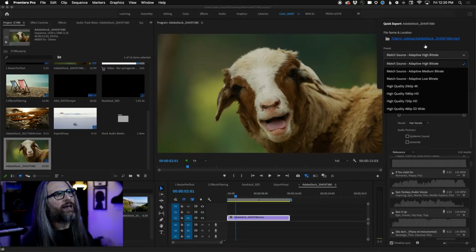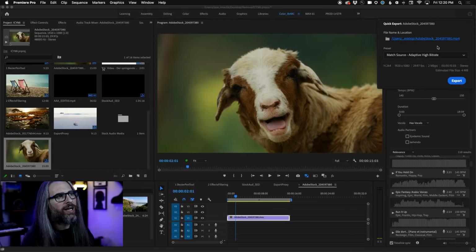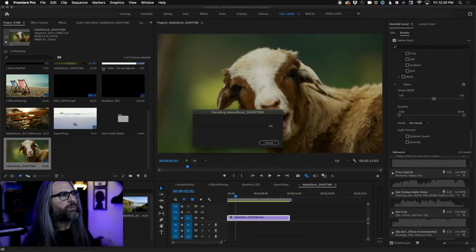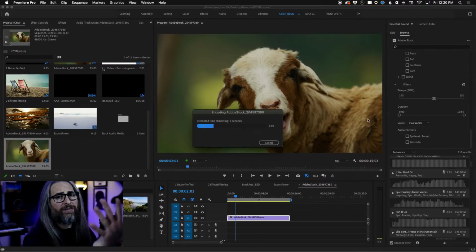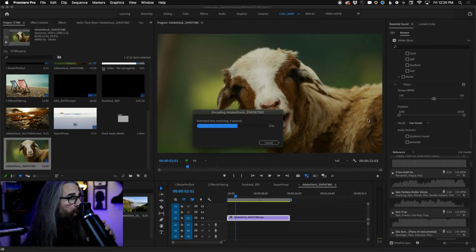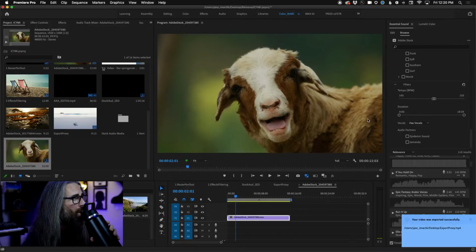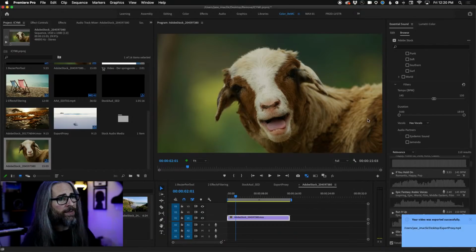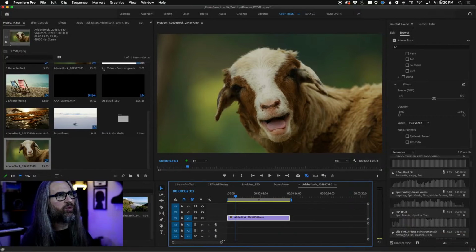So most of the time, you're not even going to bother changing this. And this will tell you H.264, 1080, 29.97, 2 megabits, 15 seconds, stereo, estimated file size, 4 megs. Export. You don't have to go to Media Encoder. You don't have to do anything. And it's done. About 3 seconds. And it tells you it was exported.